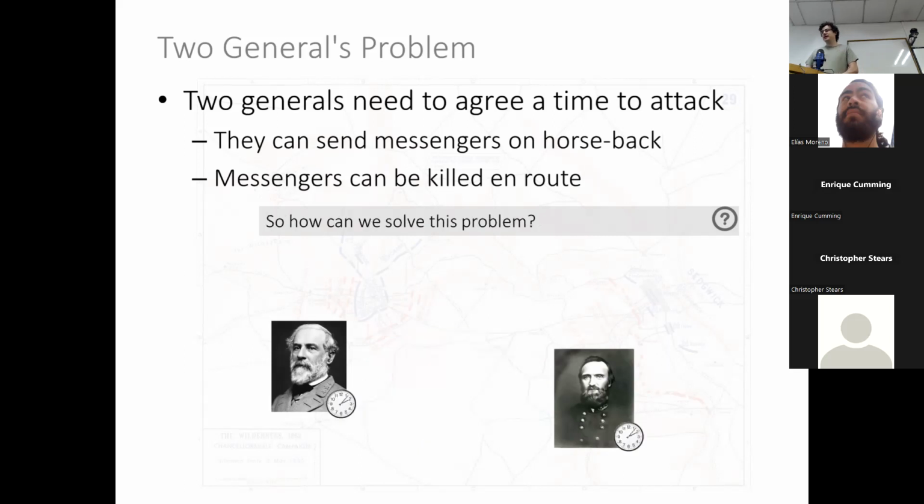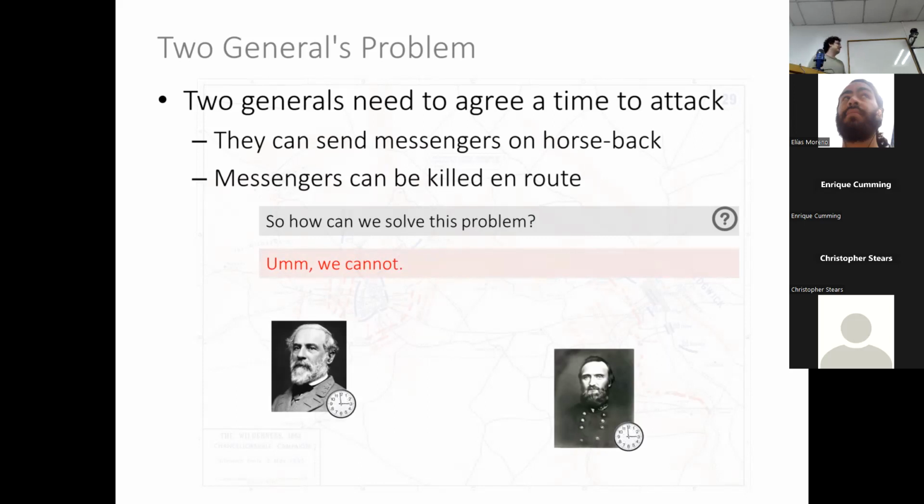So how can we solve this problem? This is called the two generals problem. How do we solve this problem where we don't need an infinite sequence of acknowledgements of the previous message? Any ideas? Well, there are no ideas, and that's probably because we can't. There's no solution to this problem. This problem is unsolvable. Maybe slightly depressing, but